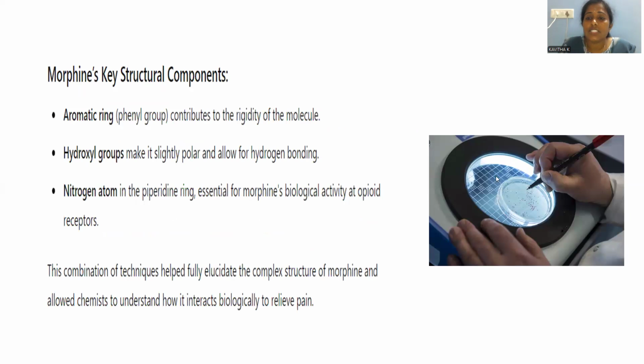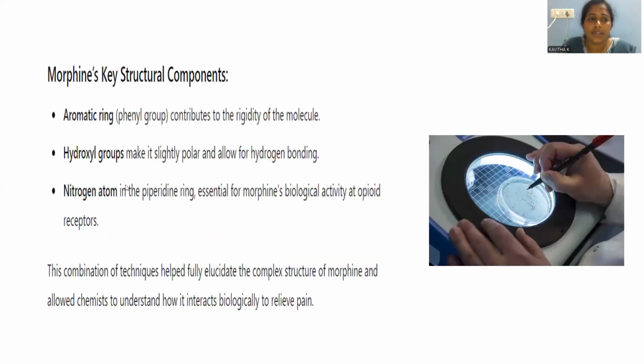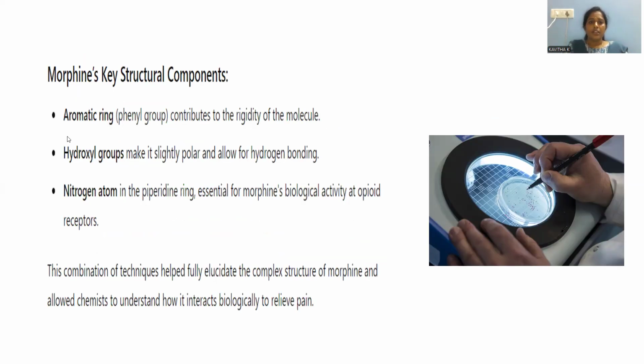Now let's go for the functional group analysis. Aromatic ring is present, here you can clearly observe, this is the aromatic ring. Aromatic ring contributes to the rigidity of the molecule. Aromatic rings are not supposed to have normal reactions, rather they have distinct reactions. Some specific reactions are possible, so the aromatic ring contributes to the rigidity of the molecule. Their reactivity got optimized by means of the aromatic ring.